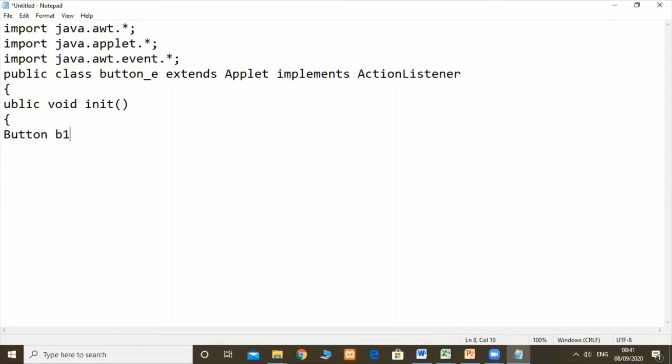Button b1 = new Button, suppose blue, the blue button, and Button b2 = new Button, red.